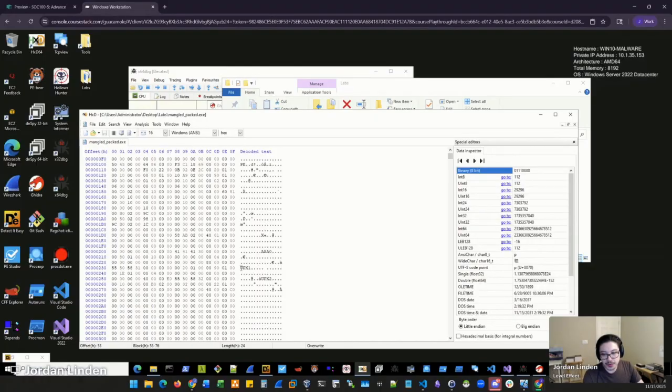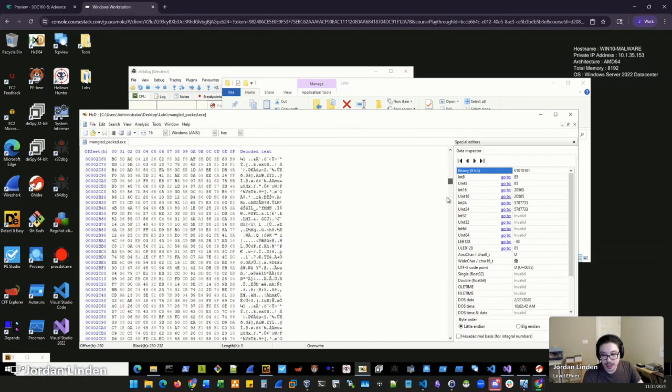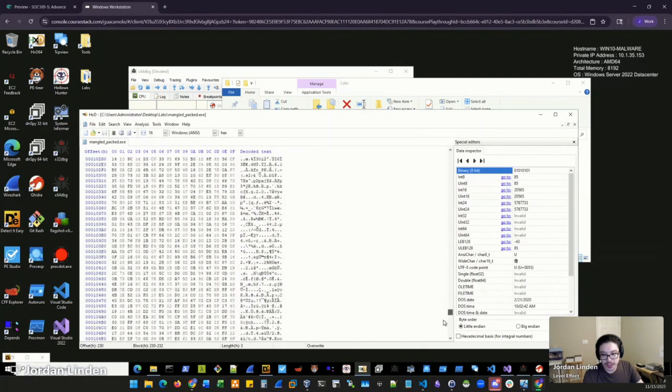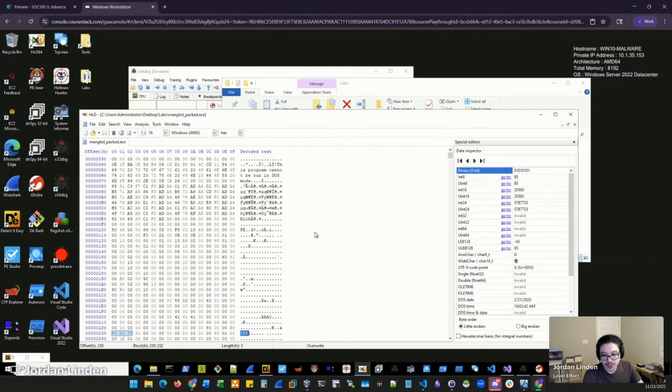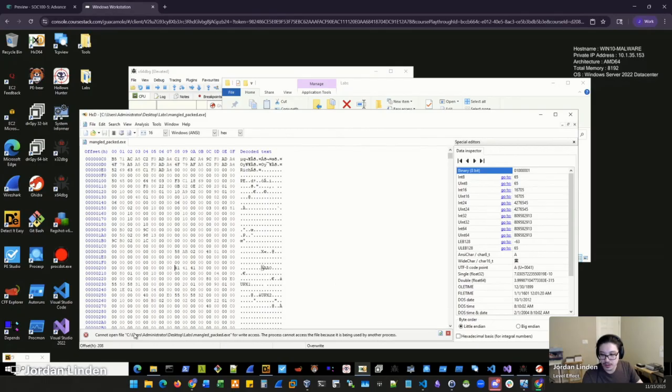But then, and you won't always have this, depending on if there's been any tampering with this packer or the result of the packing, you can sometimes see strings directly in the packed executable that give away what packed it. Not something that you'll see all the time. And in fact, this one here should even say UPX, but that was mangled. That was bytes replaced, because this is how easy it is to replace bytes. Say if I want to bring that back to what it was, that would be 55 for,